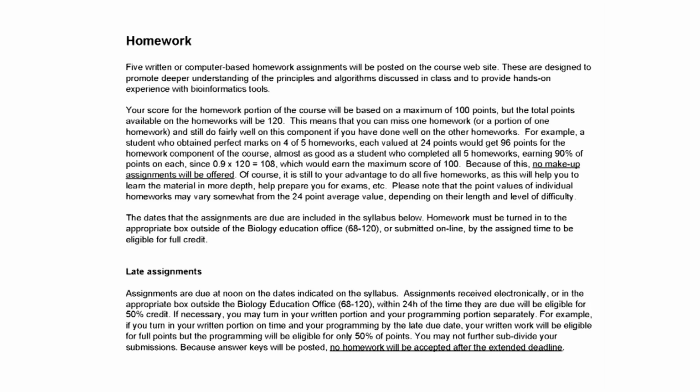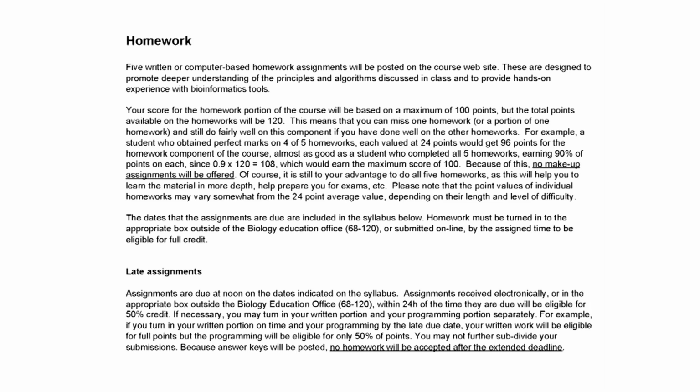You would get the full 100, you get 100% on your homework. That would be a perfect score on the homework, okay? But because there's more points available than you need, we don't allow you to drop homeworks, okay? Or to do an alternate assignment or something like that. So the way it works is you can basically miss, as long as you do well on, say, 4 of the homeworks, you could actually miss one without much of a penalty.